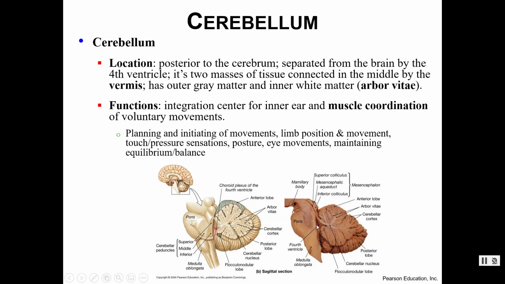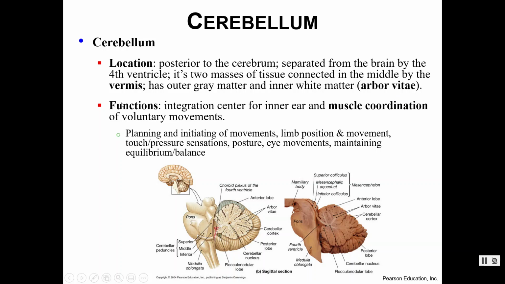So technically we have two halves. We have cerebellar hemispheres, left and right. And we connect these in the middle by what's called the vermis. You can't really see that here because we just chopped it in half, so this is only one hemisphere. The outer portion is gray matter. The inner portion is white matter. And it's arranged in a fashion that almost looks like a tree with branches. And so we call it the arbor vitae, the tree of life. Ooh, I know, fancy science terms, y'all.